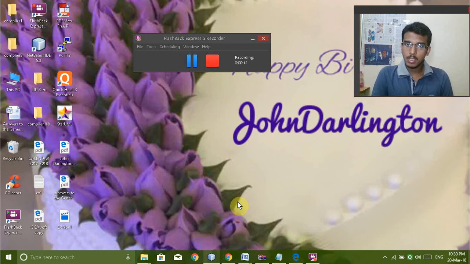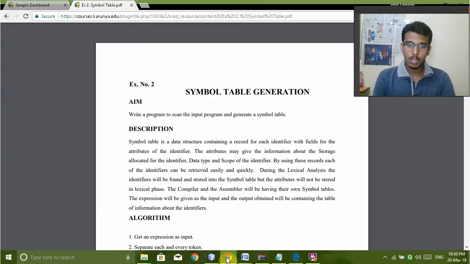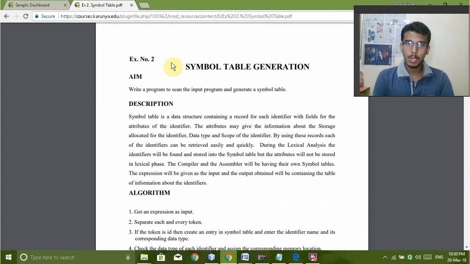This is my second lab exercise in System Software and Compiler lab. It is about symbol table. Okay, so it is about symbol table. So I'll show you the question. So it is about symbol table generation, and